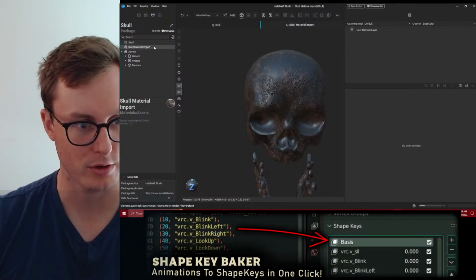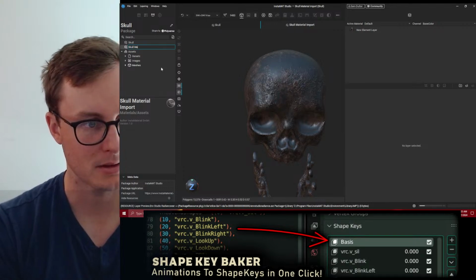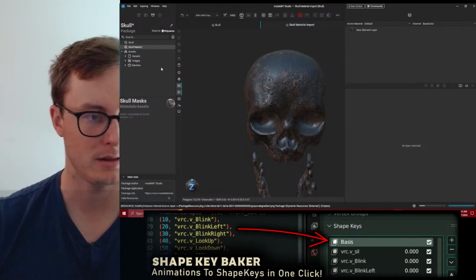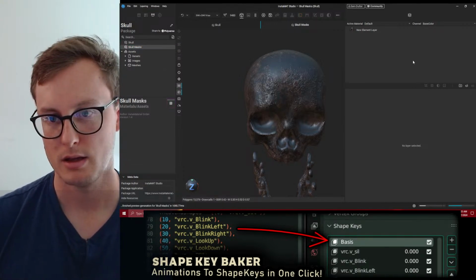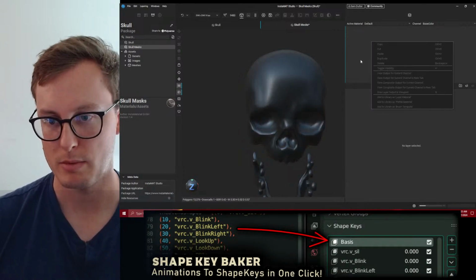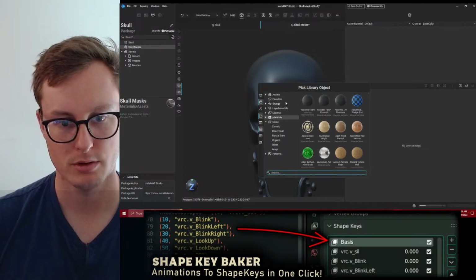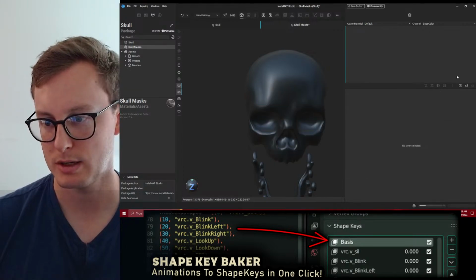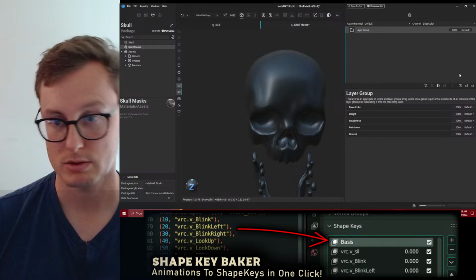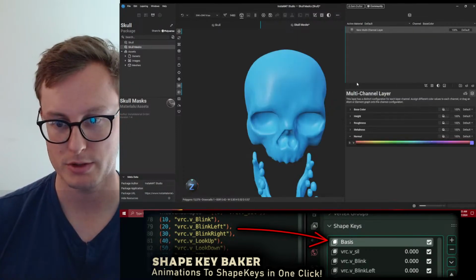So let's actually try that. So go in here, I'm going to rename this skull. Like this. Save. And then delete that. We'll make a new layer. Sure, I'll do brush. Not an element brush, just a brush. Sure, multi-channel.